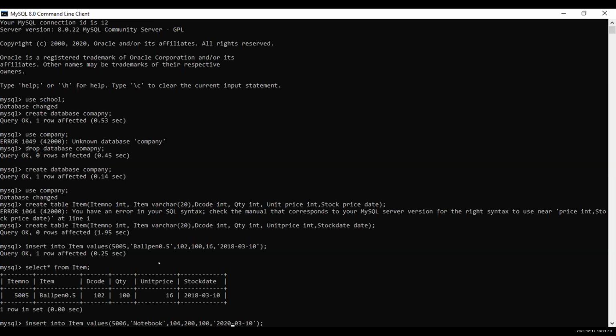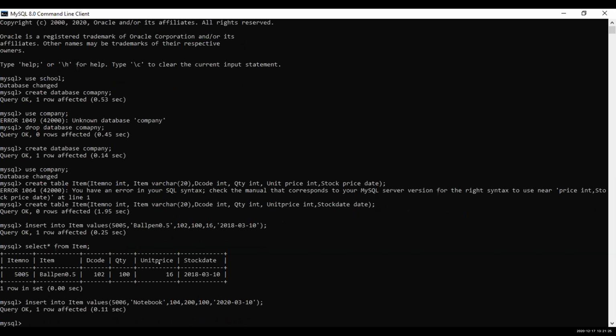Two more rows. You can insert only one row at a time when you're using this window.